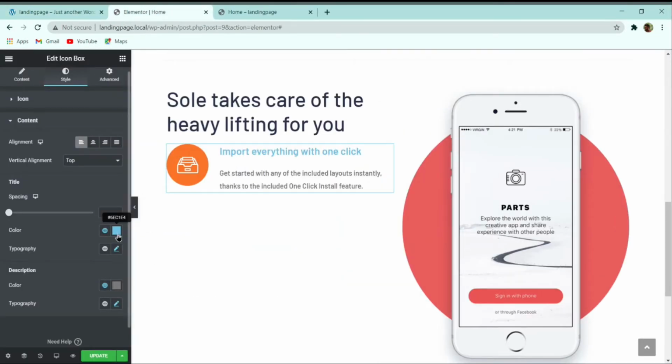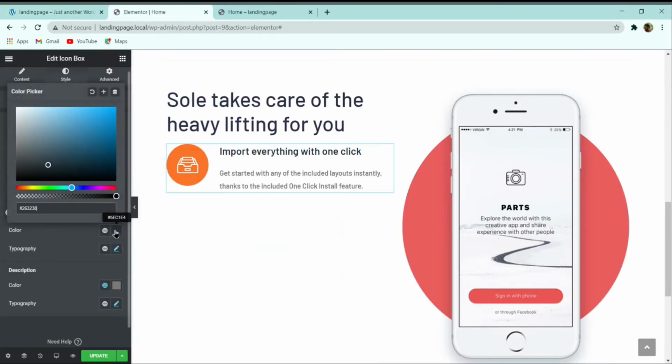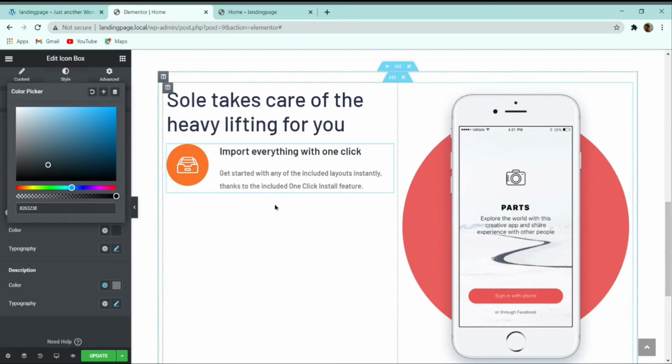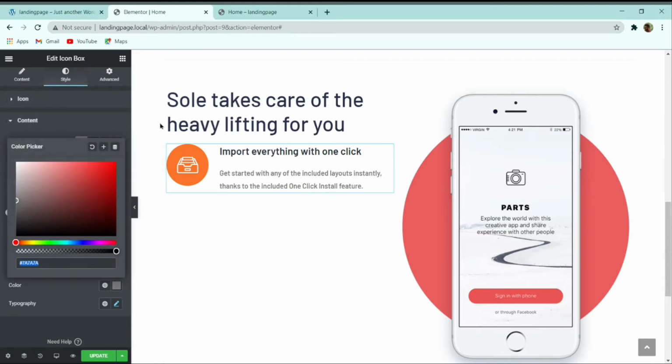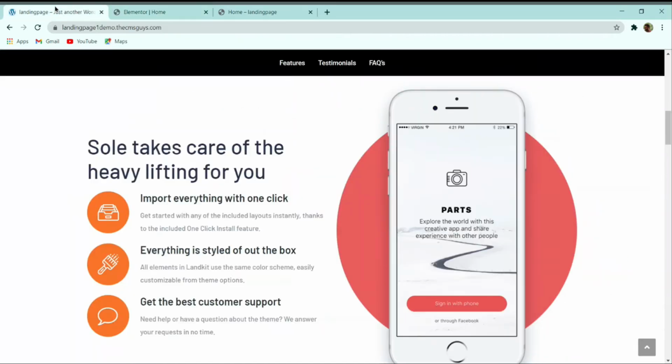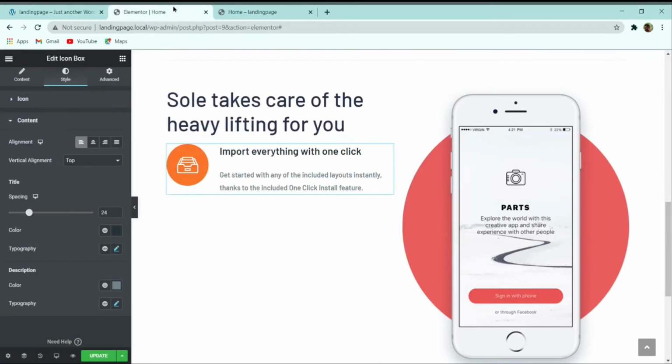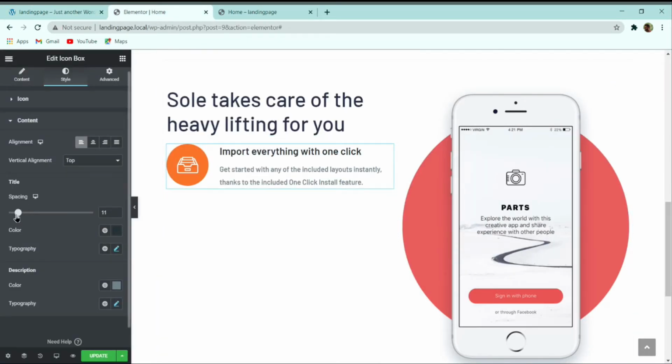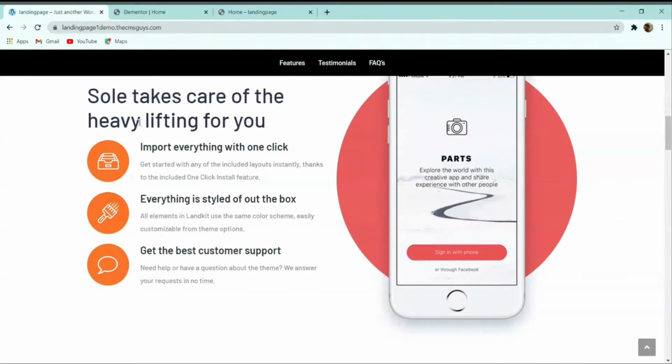So similarly let us change the color of the heading first. So here you can see that let me give the heading color 263238, which is the color of the heading which we have used. And then here you can see that again let me paste that 263238, and here you can see that there is a grayish color, so you can select any one of these grayish colors like this. After that you can see that there is a less spacing between the title and the description, but we want more spacing, so we can reduce it from here, this spacing part. So here I will give it a spacing of 10. So with this you can see that we have successfully created our first icon box.